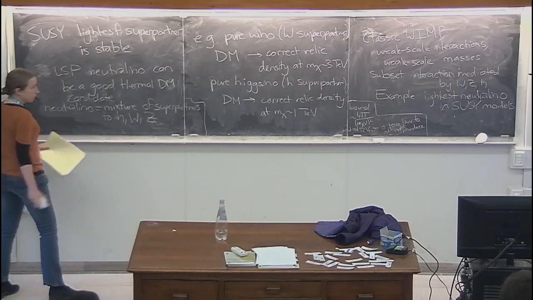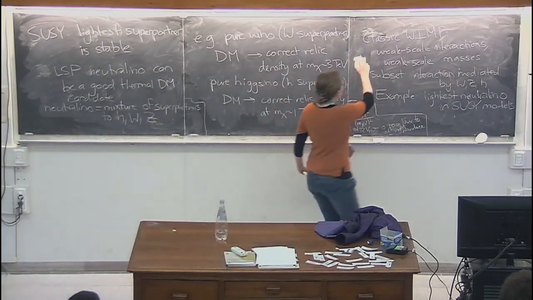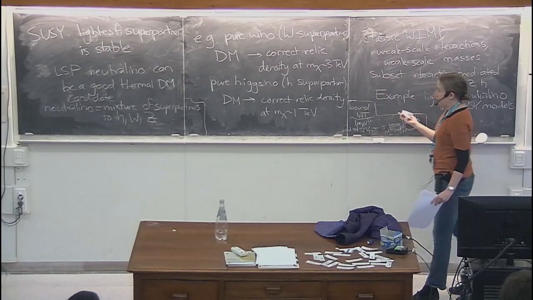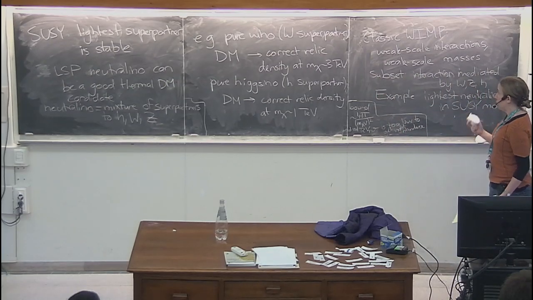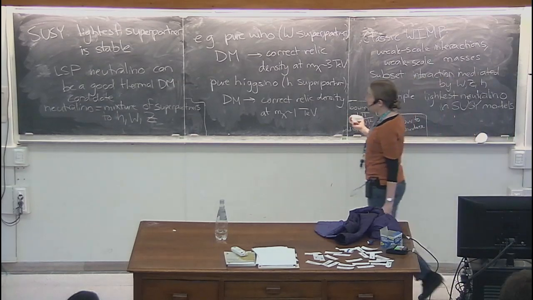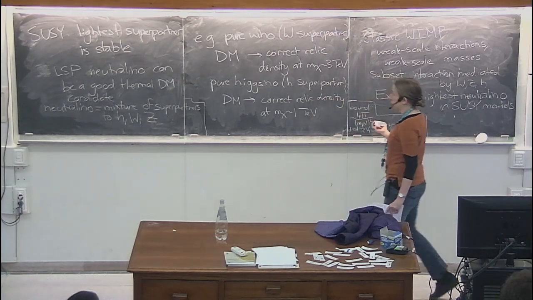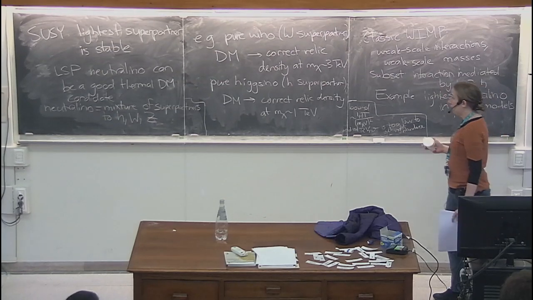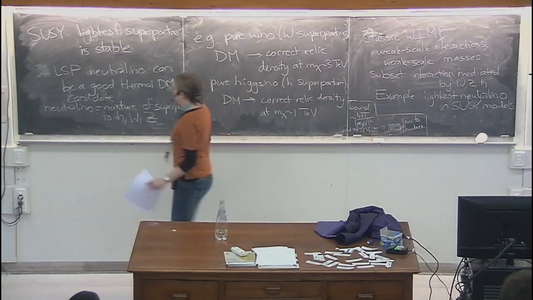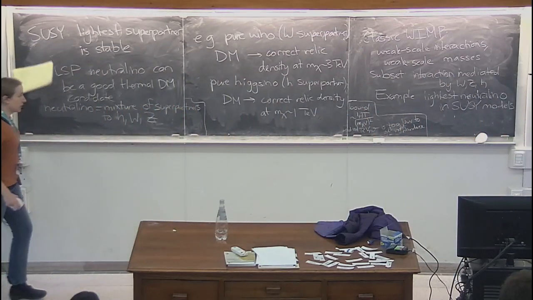Okay. So having said this about why we might be interested in the thermal WIMP scenario, it's predictive, it gives you an indication of the couplings between dark matter and the standard model. There are lots of ways to search for it, as we'll talk about later this week, and it has motivations in that the classic example of this is the SUSY neutralino.